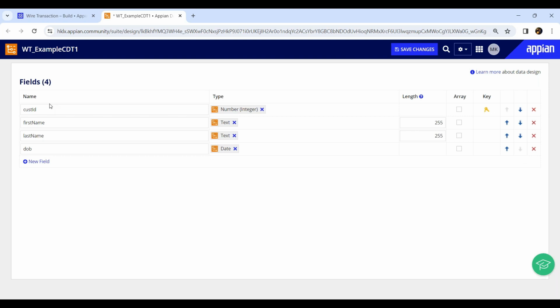This should be clear. Why do we need a CDT? Any general thinking process like why we need a CDT? Anything? Okay. Now let's say if you want to collect this information from the UI, if you don't create a CDT,